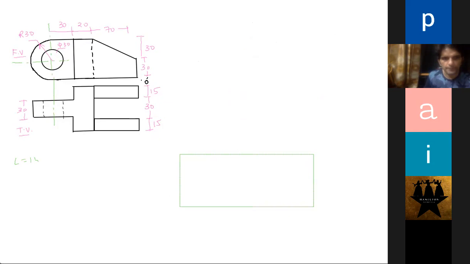Length is 150. How much is the height? Height is 60. How much is the width? Width is also 60. So you take 60 and length you take 150. This is origin, right? Then you draw 45, 45, 45. Wherever origin is there, on that side you draw 45. So what you need to do, you need to draw one horizontal line and then you take 45 degree, 45 degree, 45 degree. So this is length and height.